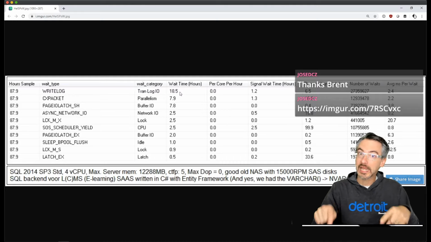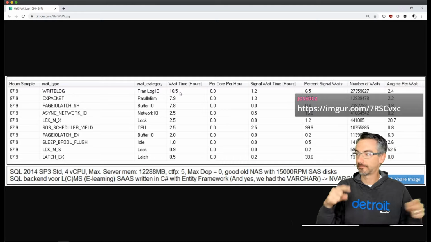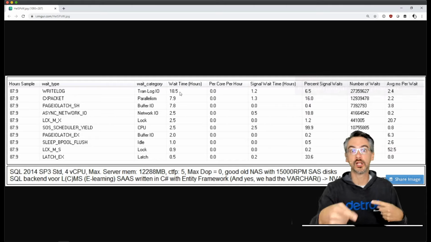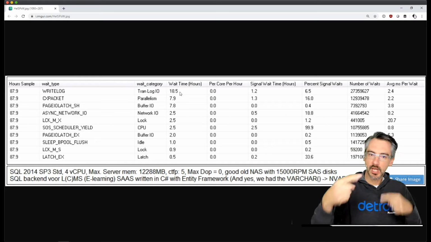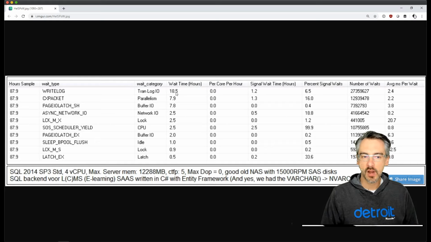As I go through and analyze other people's SQL servers, you'll see SQL servers where people will be gathered around with pitchforks because performance sucks. Now, when this thing does wait, so for these 18 hours, what was it waiting on? It was waiting to write to the transaction log.